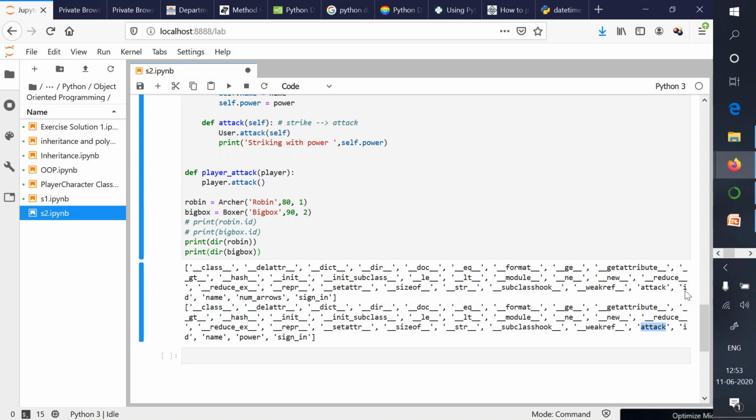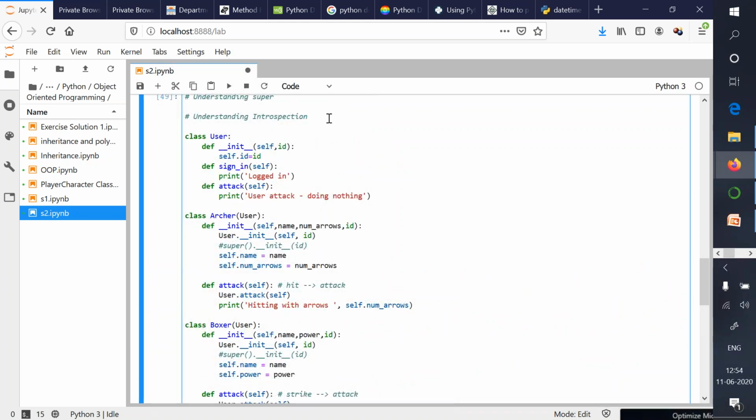Both have attack method, both have ID variable, both have name variable, but see, number of arrows is not being possessed by the big box. So this Robin has access to number of arrows, whereas this big box object has access to the power attribute. And then at last this sign in method is shared by all.